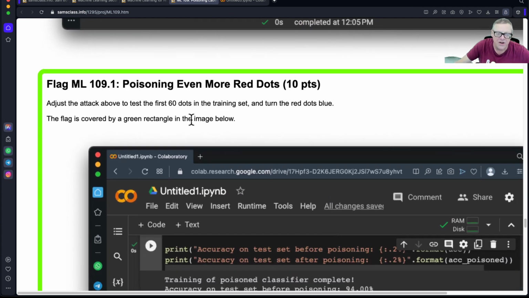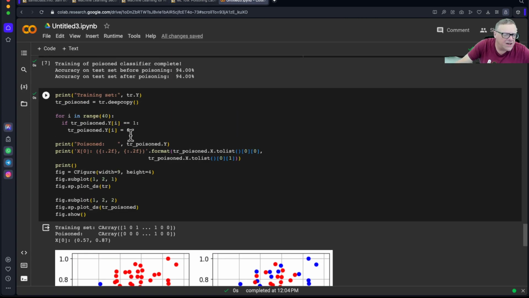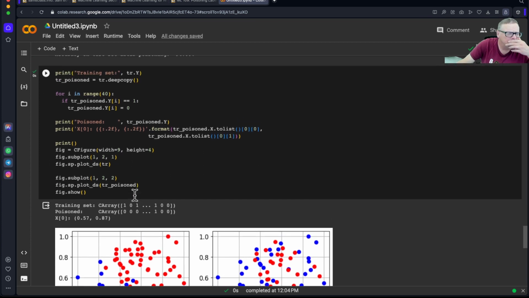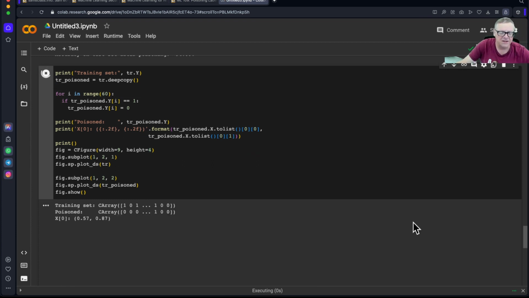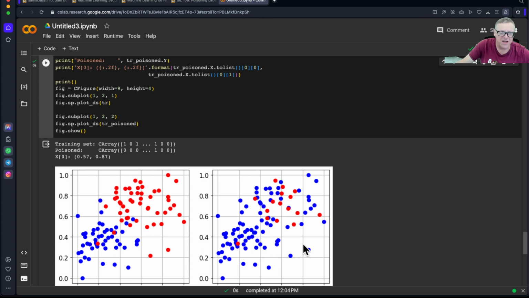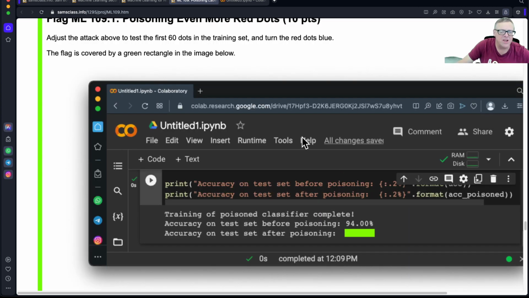All right, and so here you're going to just change that to check the first 60 dots and turn the red dots blue. So that's pretty easy, and in order to do that, I would just go up here and change this loop. Where's the loop? There's the loop. Change this to 60 and let it go. And now there are hardly any red dots left at all, like only one here and that one's gone. And if you compare it to my image here, oh, I didn't give the image, but anyway,